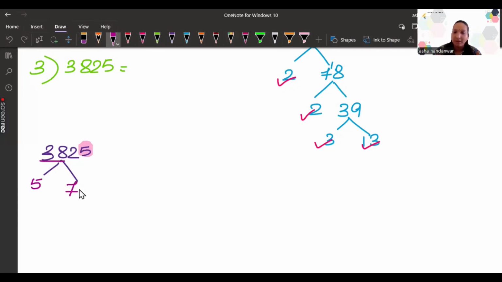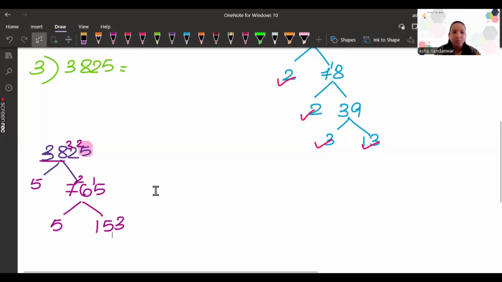5 sevens are 35. 3 will be carried. 5 sixes are 30, carry 2. 5 fives are 25. Again you could see in the ones place, here we have 5. Again we will take the number 5 itself. So 5 ones are 5. 5 one hundred thirty-fives... carry 2, which will be the remainder. 5 fives are 25. Carry 1. 5 threes are 15. Clear? I hope till here everything is clear to you.